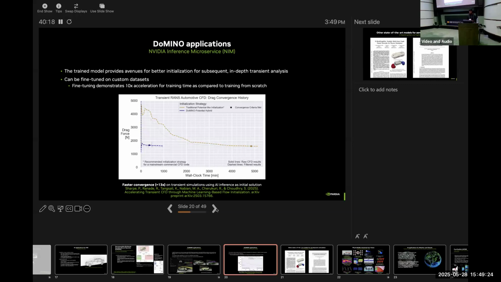So even though this model predicts steady state simulations, you can use it as an initial guess to start your transient simulations. And what we have seen is you can get orders of magnitude speed up in your transient solve. Your transient solutions are going to converge much faster because they start from a much better guess. And of course, the way to compute that guess is almost at a fraction of what a typical RANS solve would be.